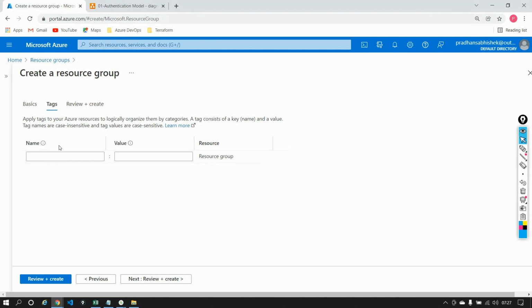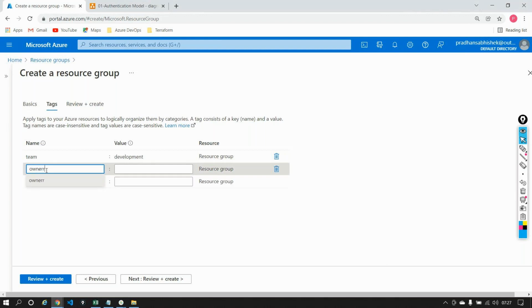Now I can add different tags out here, telling that firstly, team is development, owner is Kiran at the gmail.com. In place of gmail.com, you'll have something like microsoft.com. So I am adding, meaning I can add multiple tags to a resource. And this is just for identification purpose. It is not a mandatory parameter. It's optional. You can give a tag, you may not give a tag, it's okay. This is just for identification purpose out here.